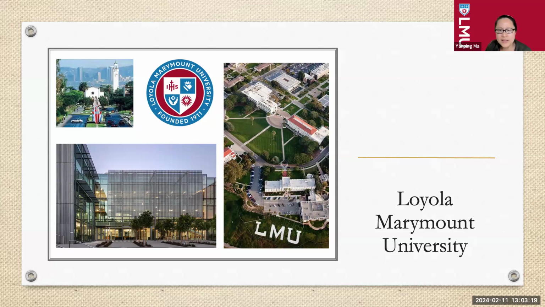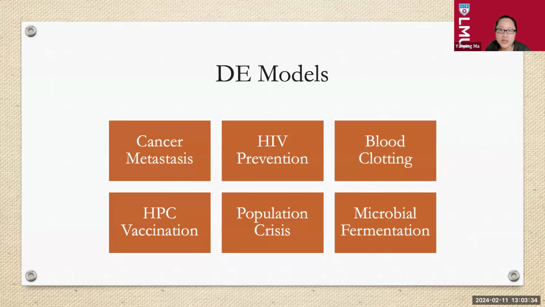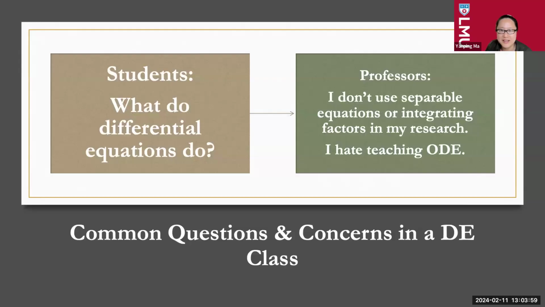So when I teach this course, we have students mostly from engineering, all types of engineering, and we have some math, some physics, occasionally we have biology and econ students in our classroom. So I'm a biomathematician by training. So in my research, I use differential equations on a lot of topics. And so it's always a challenge to bring interesting topics that might attract students who major in engineering, and that's the majority of my classroom. So I'm constantly thinking about what other things I could talk to my students about that might also be interesting to them, not just to the 1 or 2 biology students I have in my classroom.